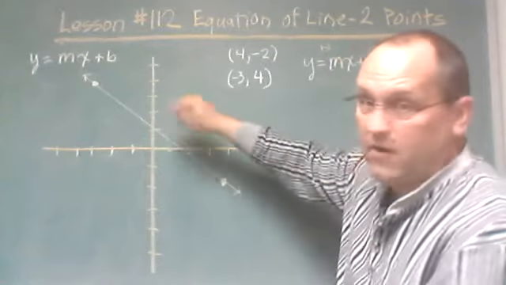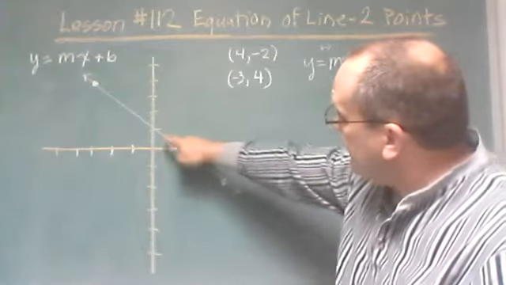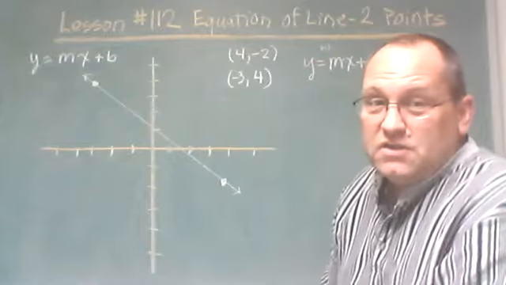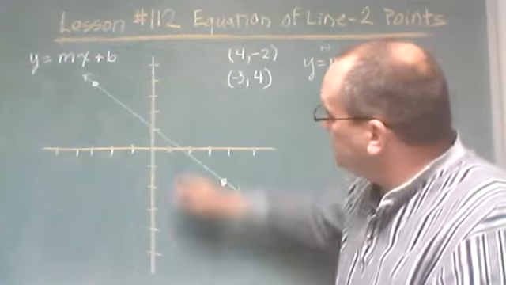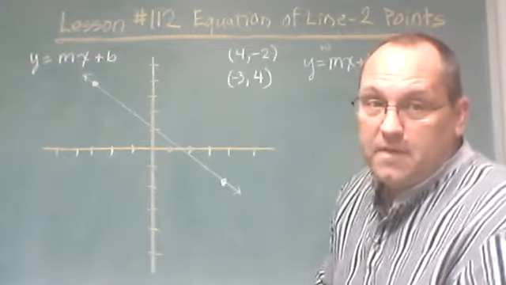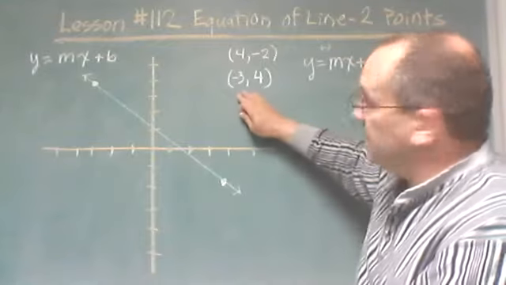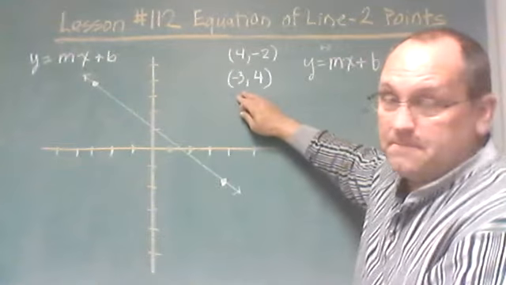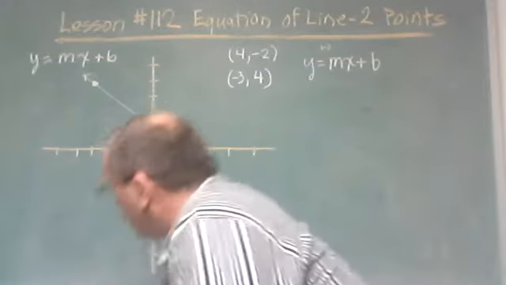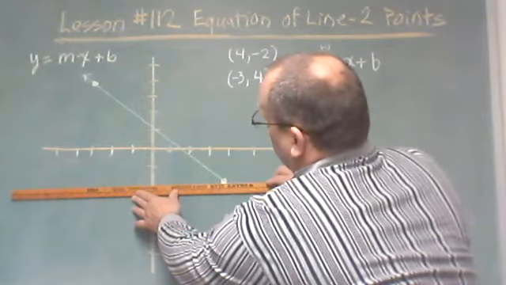I drew my graph. Now I don't have graph paper, or a grid system up here. It kind of looks like it crosses at 1, but it might be just a little bit above 1. So if I were to select this point as (0, 1), I might be off a little bit. Well, let's see how it works out, because they're telling us we know for sure it goes through those 2 points. Those are the 2 points I've graphed. Those are the 2 points I'm going to use to construct my triangle,